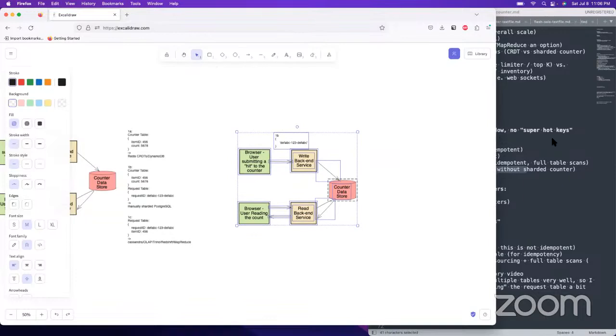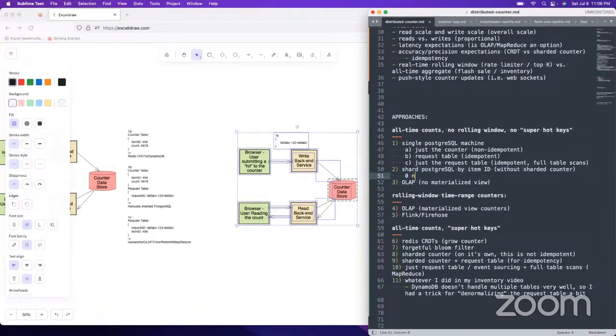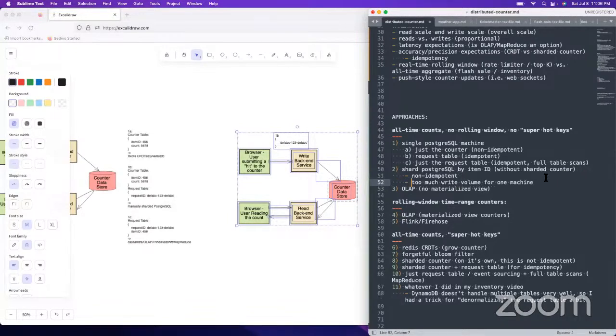So it would be inaccurate, non-idempotent, which means lower accuracy. And it's too much write volume for one machine, but you don't have super hot keys yet.